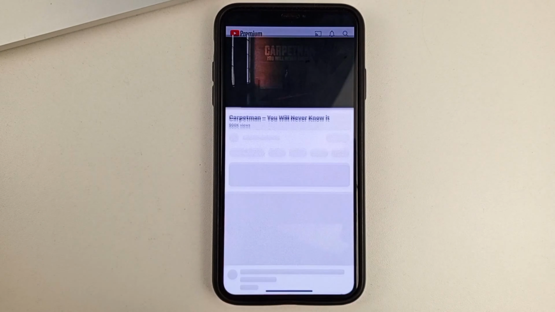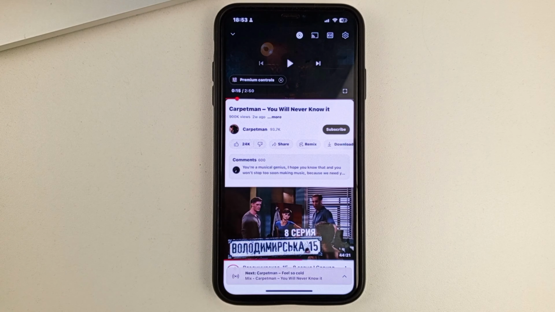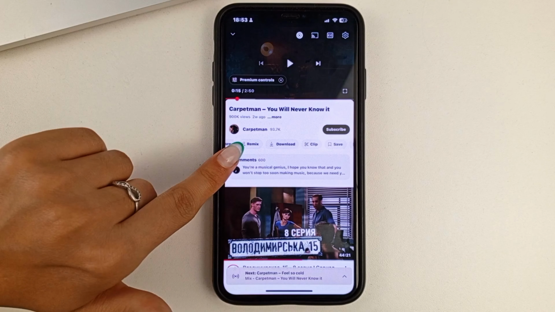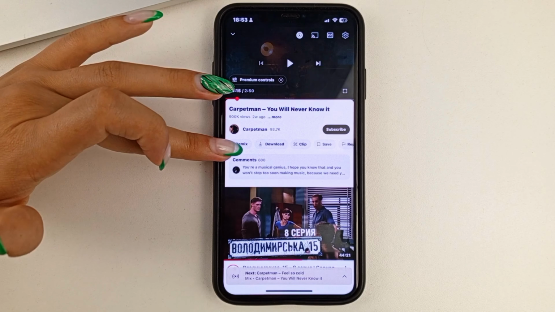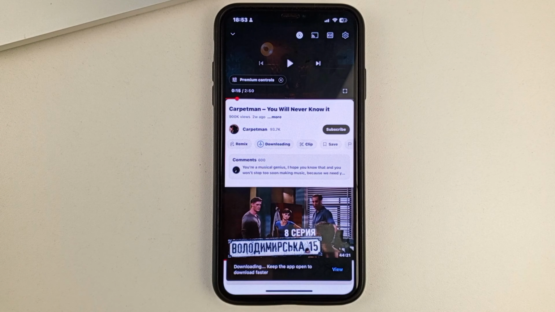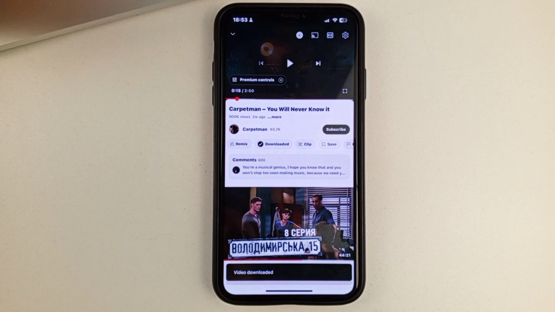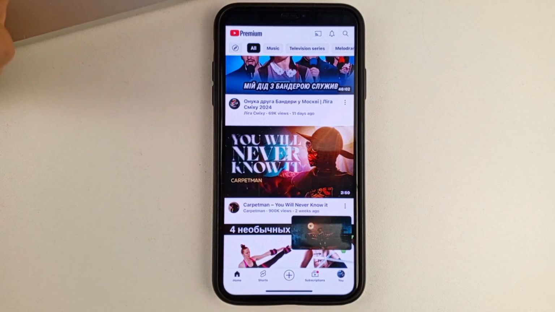First of all, friends, open the YouTube app, select any video that you want to watch or like. Then at the bottom under the video, scroll down to this menu and select Download here. Click. And as you can see, you'll get this blue tick like this, which means that this video is downloading. And when you have a check mark like this, it means that the video is downloaded.